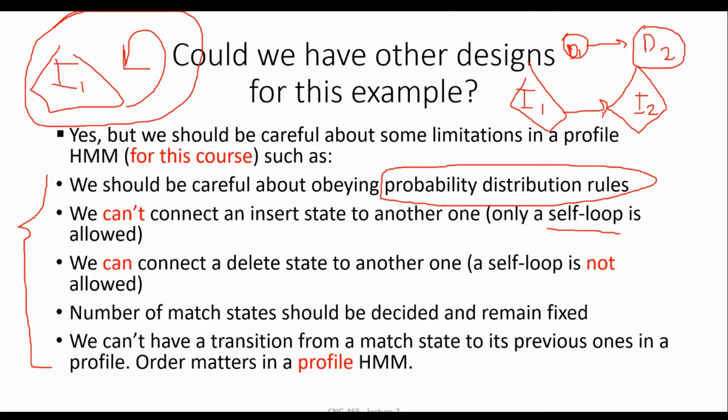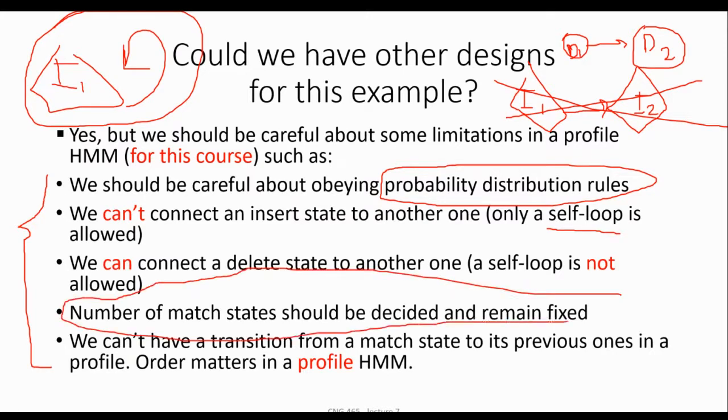And vice versa, we cannot connect I1 to I2. This is not allowed, but it's possible to connect D1 to D2, for example. The number of match states should be decided and remain fixed. As you notice, based on the threshold, we decided that we have 6 match states, and it should be fixed throughout the